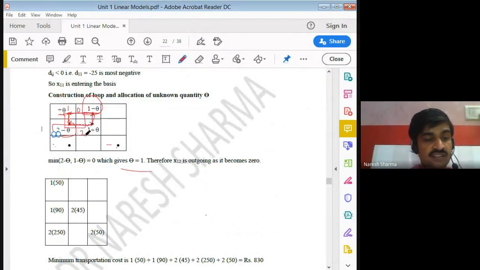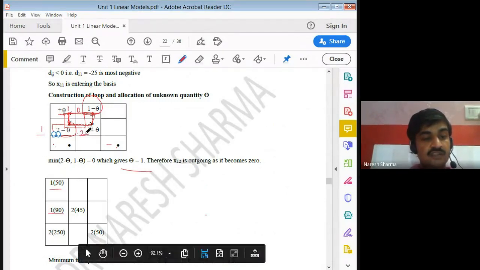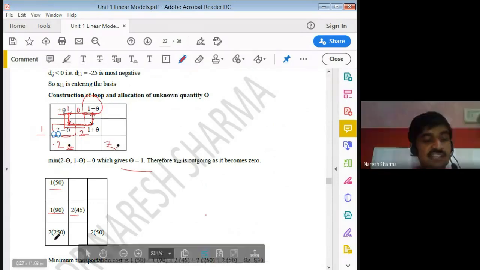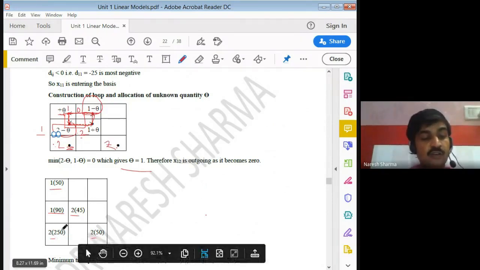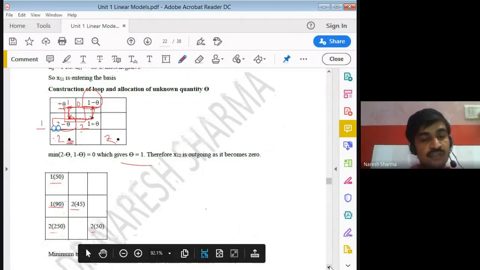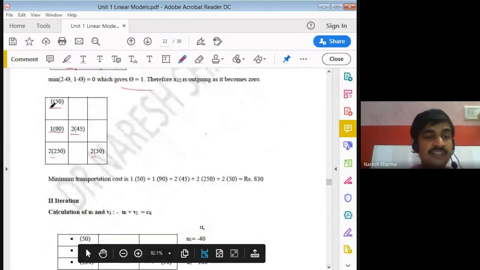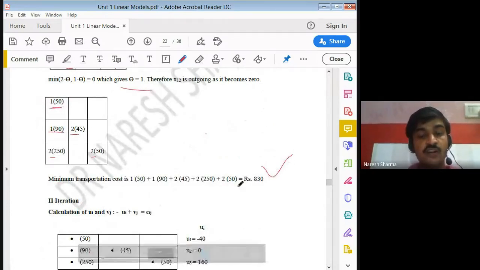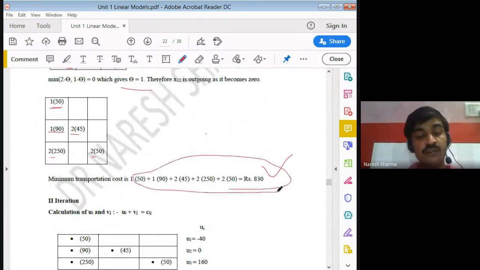So the new allocations are your 1, now this 2. These are already given above in the above table, that is 2 and 2. You may write in this table, no problem. Now you again count. Allocations are 5, and it is an independent path also. You may cross check. After multiplying with cost, you get the cost. But we need to again check whether this cost is minimum or not.